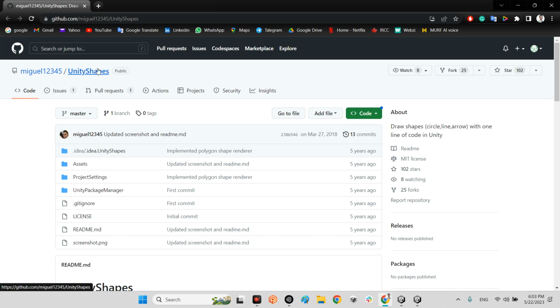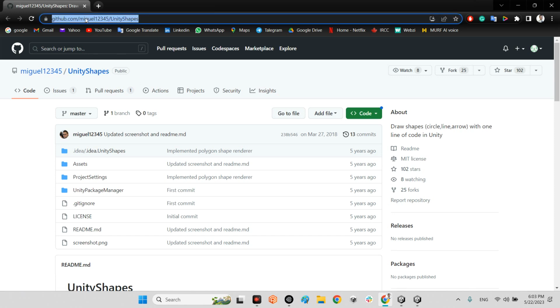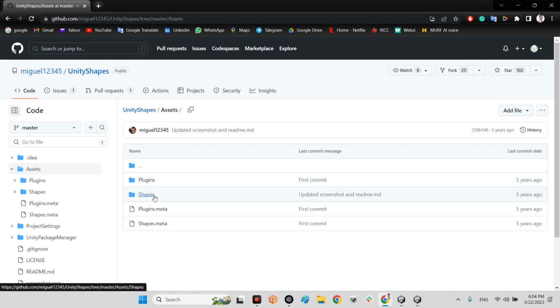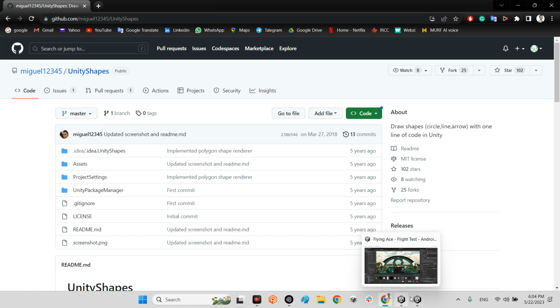12345. Unity shapes. I will share the link in the description of this video. You just need to download the whole project and you can import this project into your Unity, or just drag and drop this shapes folder into your project folder. After that,